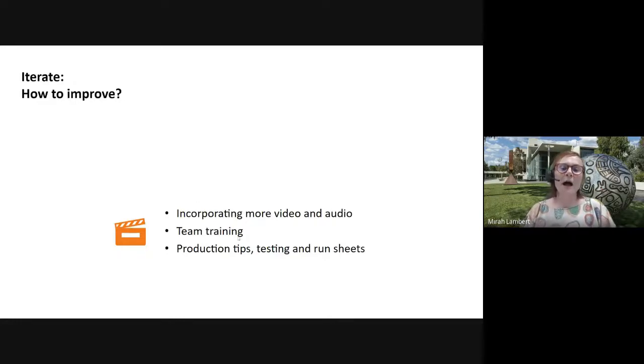But also, as Robert mentioned before, we've been looking at our team training, because we do work with a large team of casuals, to be able to ensure that people are across the programs and how they're delivered. And also looking at having our run sheets to help co-presenters stick to time, but also doing testing with and connecting with the teacher ahead of time, and things like that help with ensuring that things run smoothly.